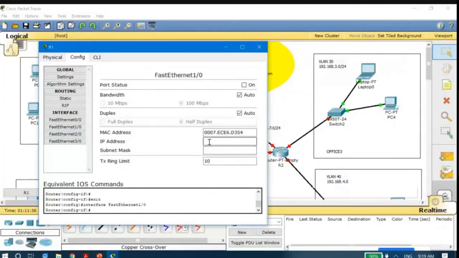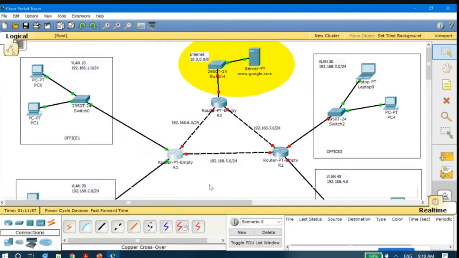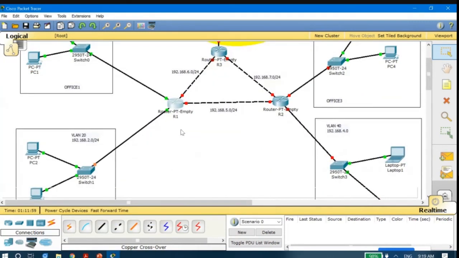Here I will provide the gateway address for the second network, which is 192.168.2.1. Subnet mask is default, and you have to make the port status as on. This much you have to do, and then just close it. Done. So now it is also turning green.